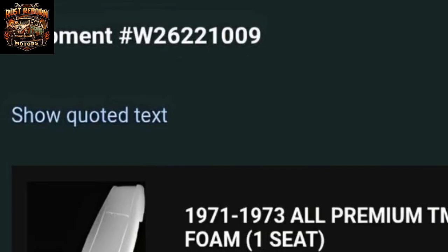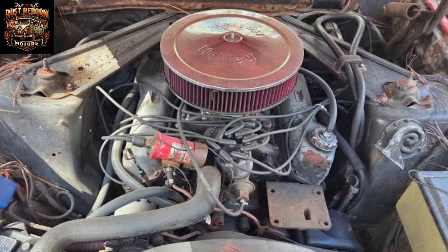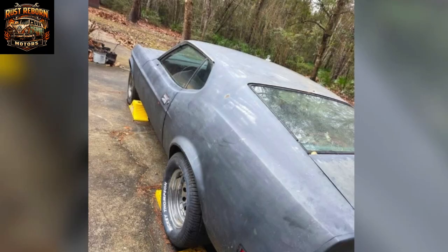Under the hood, this Mustang is powered by a 302 cubic inch V8 paired with a 3-speed automatic transmission, a combination that delivers smooth, dependable performance and makes the car easy to drive in both city and highway conditions. The V8 provides the unmistakable Mustang sound and torque, while the automatic transmission adds to the relaxed, comfortable driving experience that suits this generation of the car. The seller notes that it runs awesome, reinforcing that this is not just a showpiece, but a Mustang that performs